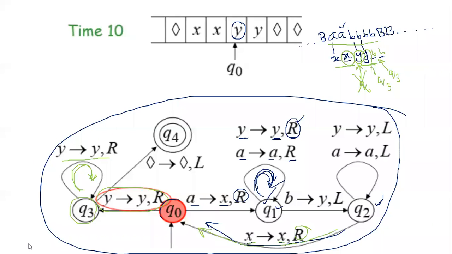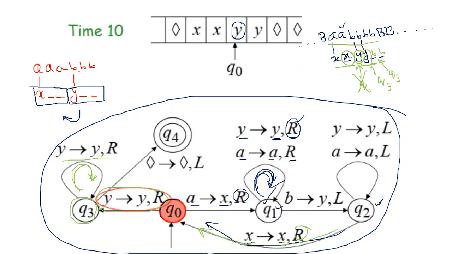But what will happen in the case of this A and B, these A converted to X, you have seen already. I think now the idea has to be much more clear for you. Anyway, so now this B will be converted to Y. Fine. This remains same. And I'll go back to this set. Suppose this is one set. Obviously this is one set. And this is another set. So I'll go back to this state.